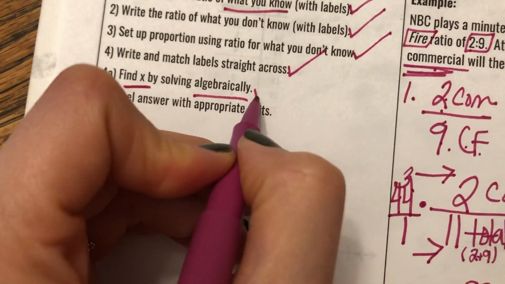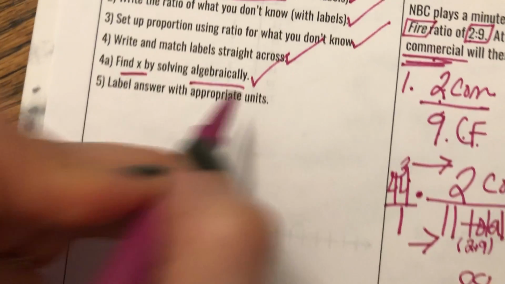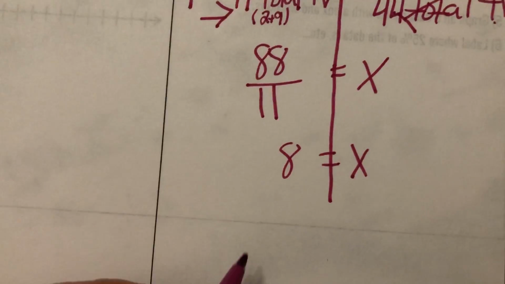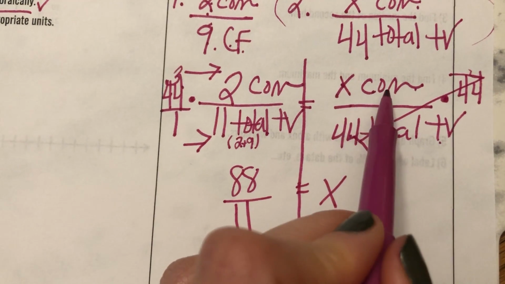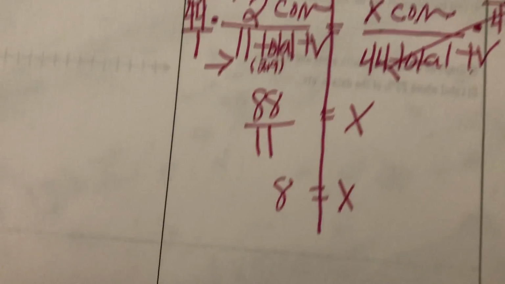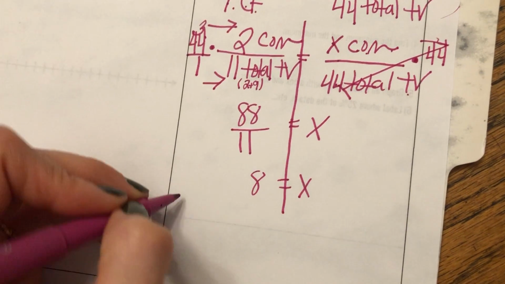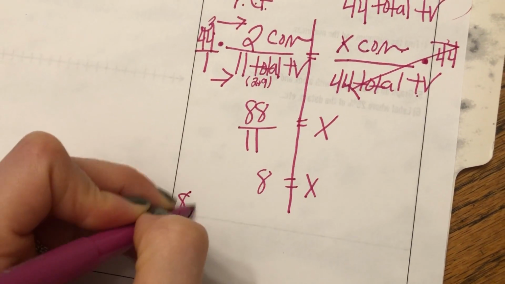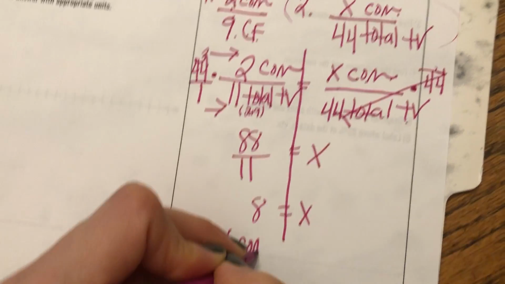Let's return to my steps. So 4A is now finished. I solved algebraically. And now 5, label my answer with my appropriate unit. So let's go ahead and go back. 8 is X. If I look back at my proportion, I already had X labeled, so X is commercial. I need to be specific since this is a proportions question. So I'm going to say 8 minutes of commercial